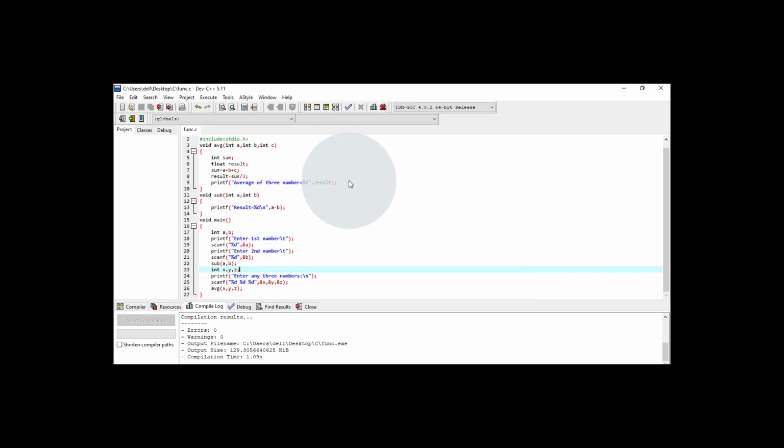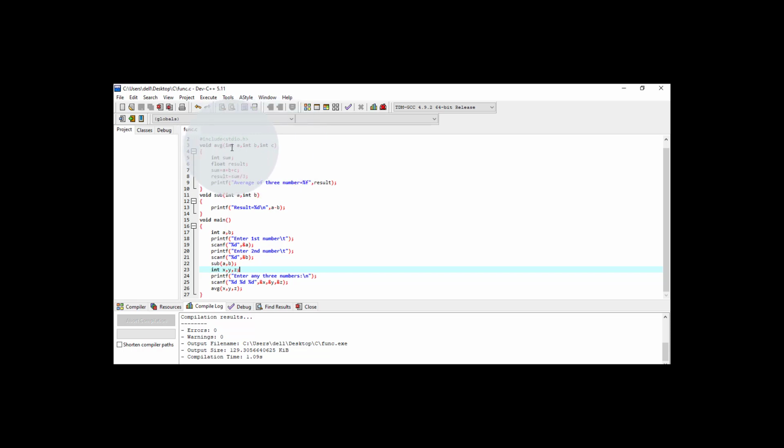So this is the way of declaring a function without any return type. If the function is not returning any value, then we have to put the void keyword over here, and here is the function with 3 arguments, and this is the function with 2 arguments. So the way we declare the function, the way we have to pass the arguments to that function. How many arguments can we have in the function, there is no limit for this, but we have to pass the arguments in the same sequence as they are declared.